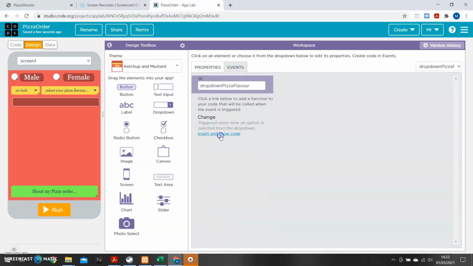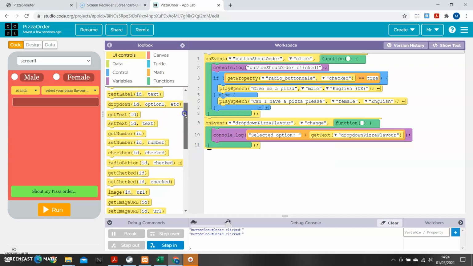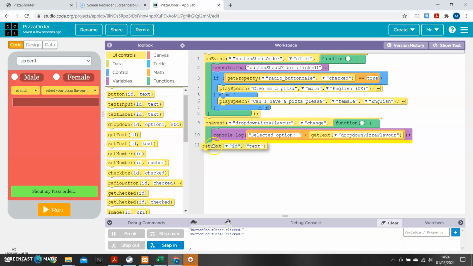So I'm going to go insert and show code, and when I change my pizza, what I actually want to do is to change this text here. So this is textInputPizzaChoice, and I'm going to set its text. So we're looking for set text of